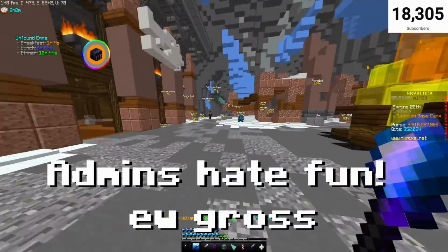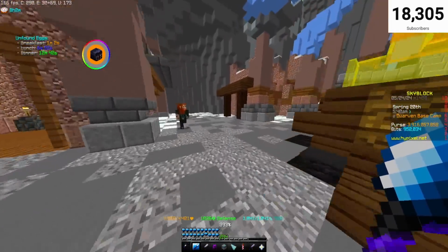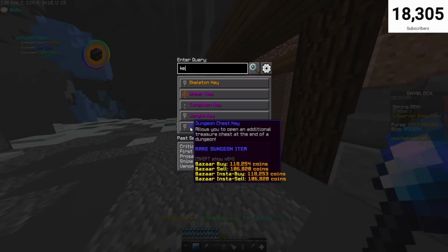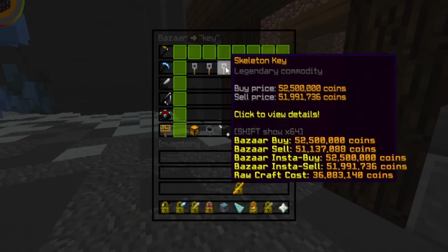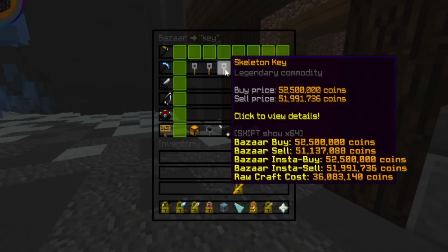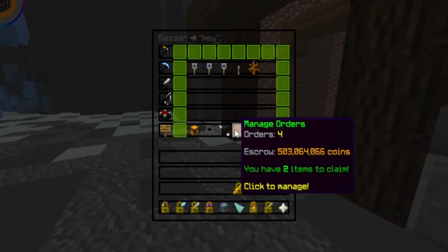Why would I do this? Towards the end of the grind, what I did start doing is I did start buying keys. So I was gambling skeleton keys for Vanguard, hopefully trying to get a locket. If you make them yourself instead of actually buying them, you see how raw craft cost is 36 mil. You can actually save a ton of money and most of the time come out with profit if you get